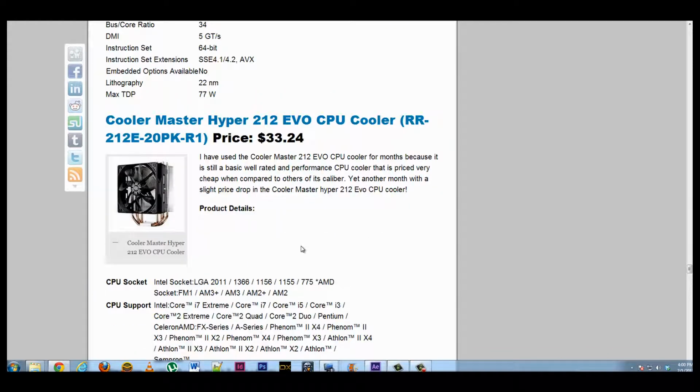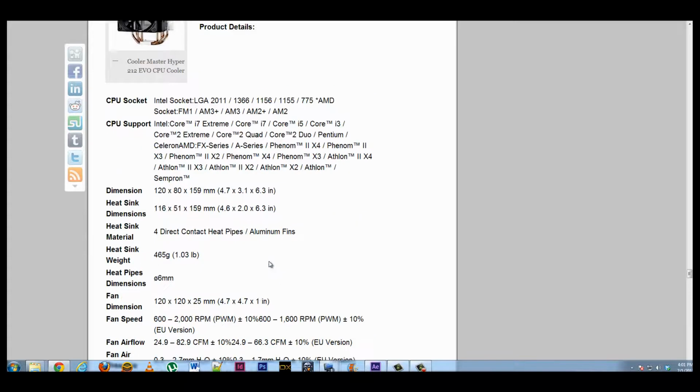For the $1,500 build, I also include the Cooler Master Hyper 212 Evo CPU cooler for $33.24. It is one of the highest rated air coolers right now, and it's great bang for your buck in terms of cooling. And if you want to overclock, I would highly recommend getting this, at least. Going on,